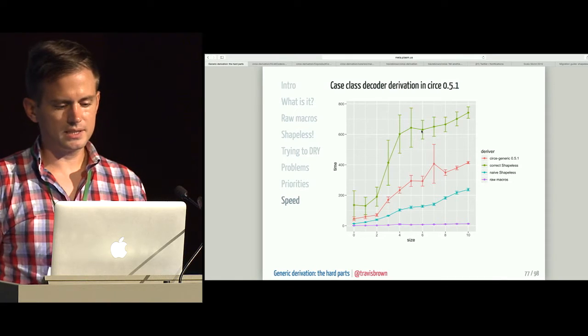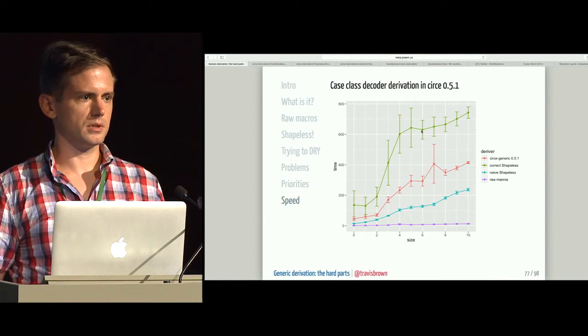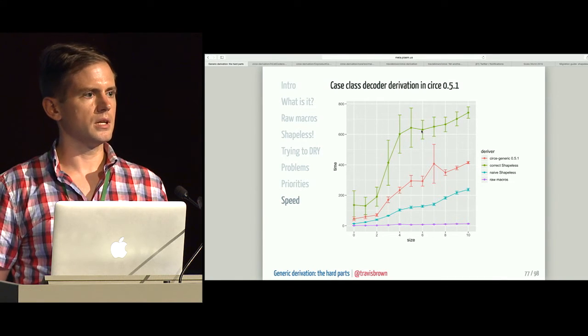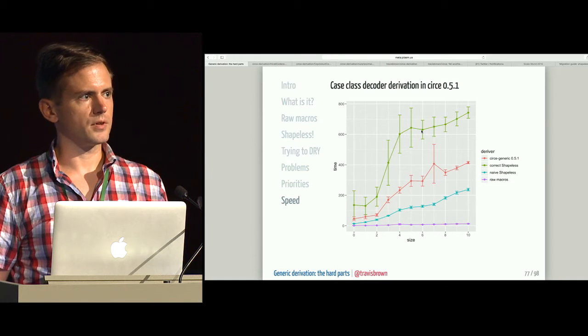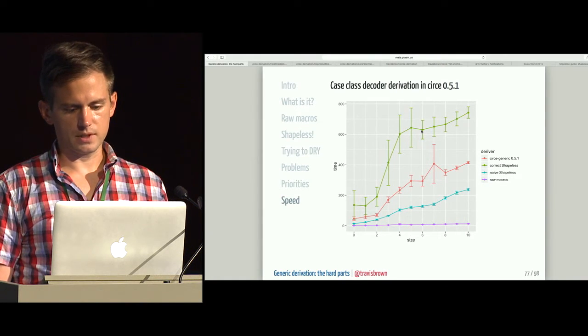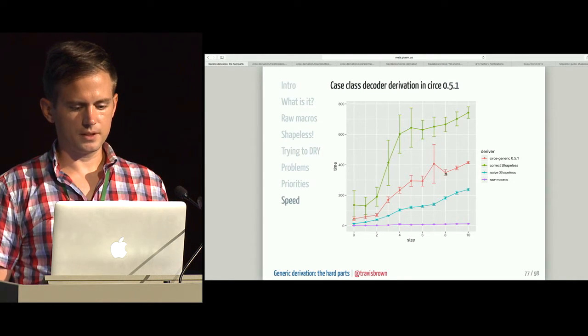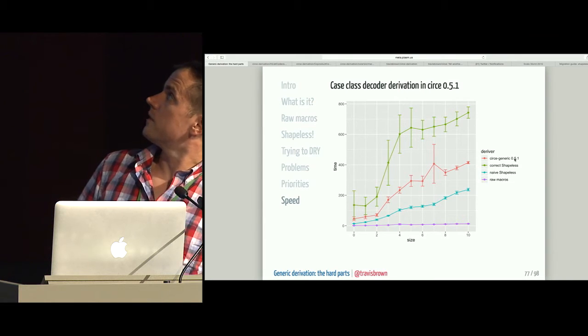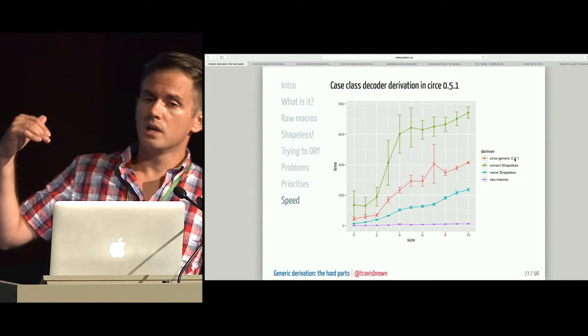But it seems to match the numbers that we got from our more informal performance evaluations before. So it's about half the compile time for the Circe generic 0.5 compared to our